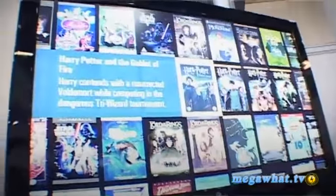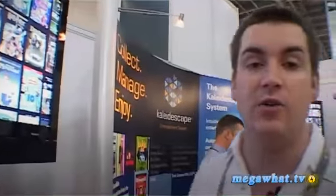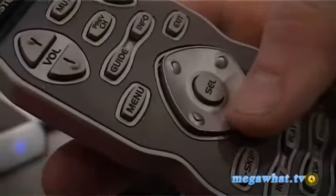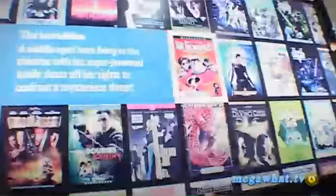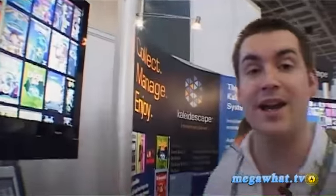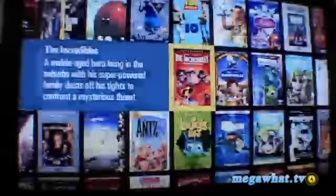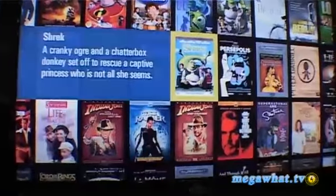And it's this, it's the interface. So the idea is you're browsing through which video or which DVD you want to watch. Now, if I go to a cartoon, for example, after a couple of seconds, everything changes, and I then get suggested titles that are similar to The Incredibles, but are connected. It's pretty cool, because then I think, oh yeah, I've got Bug's Life, that'll do. If I go to Shrek, for example,